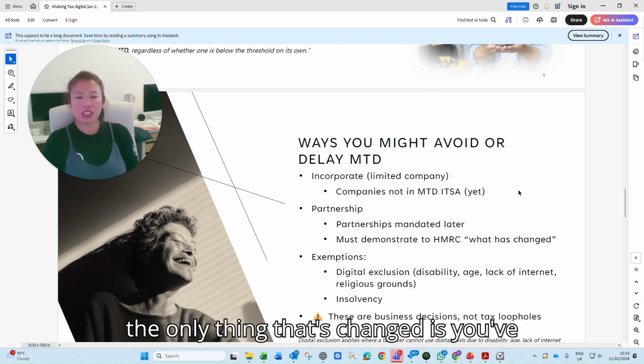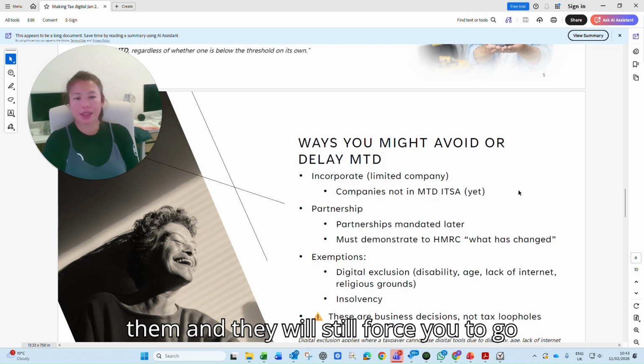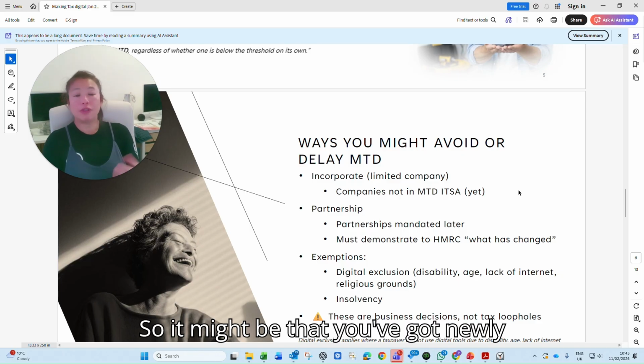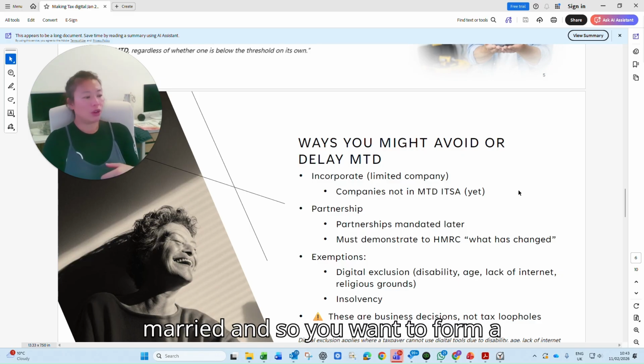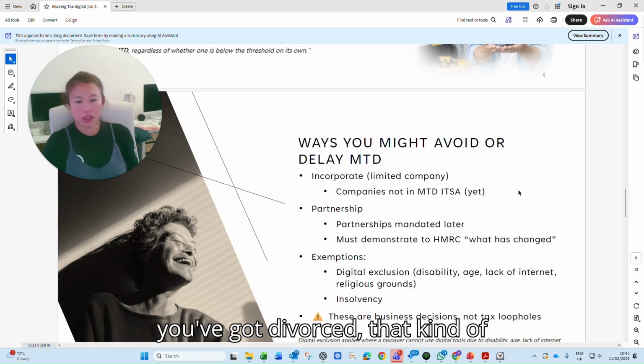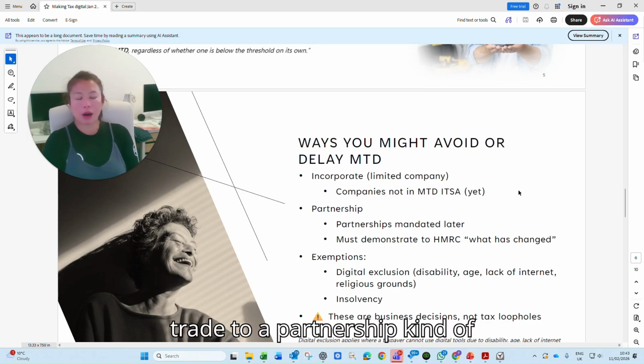And if the only thing that's changed is you've decided you don't want to join MTD, then that's not going to be good enough for them, and they will still force you to go down the MTD route. So it might be that you've got newly married, and so you want to form a partnership with your new spouse, or you've got divorced, that kind of event that might have changed your sole trade to a partnership kind of